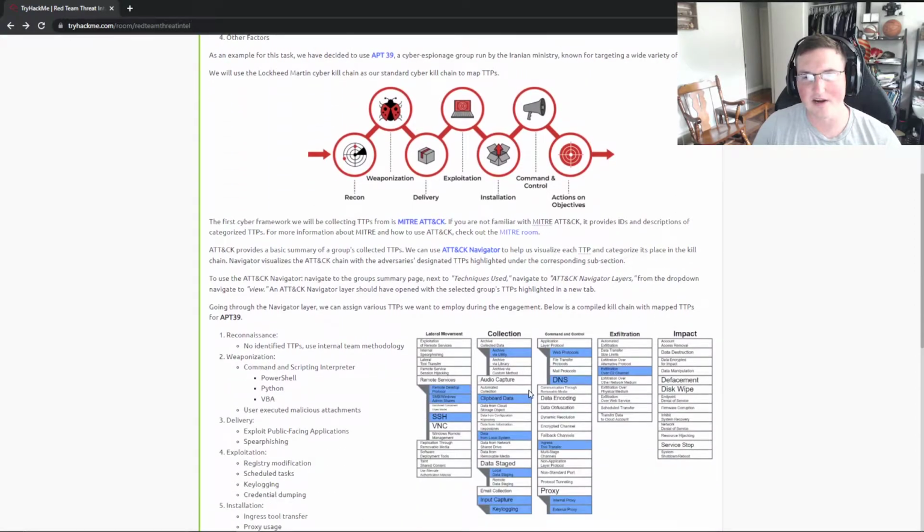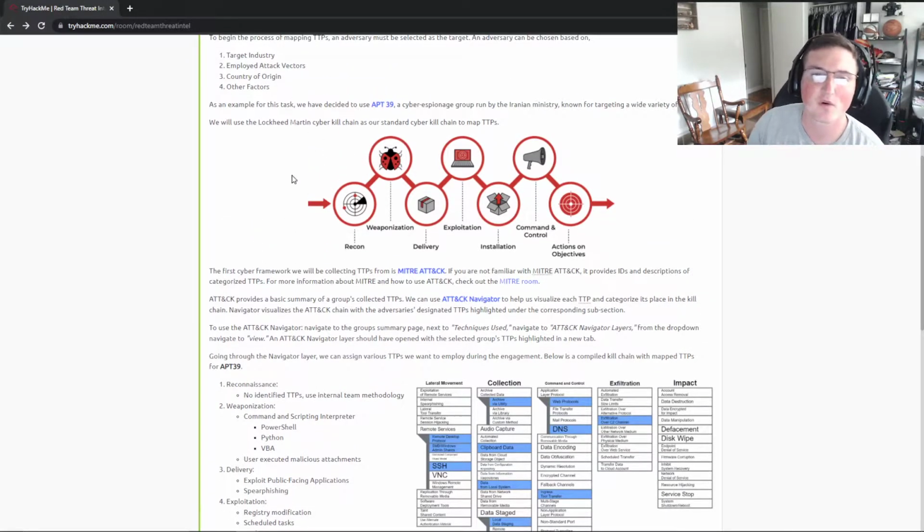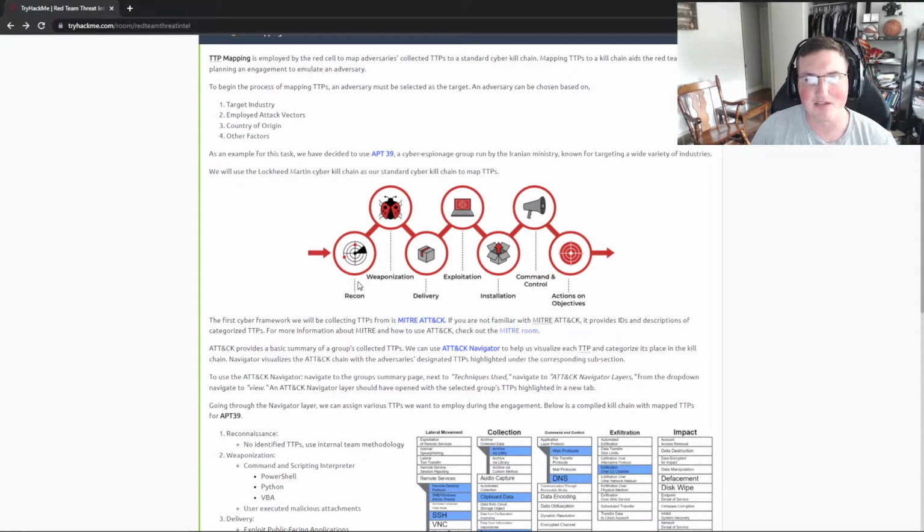So that is where the MITRE ATT&CK Navigator comes in. And we've used this before on our channel. The ATT&CK Navigator allows us to actually go through and look at what different techniques different groups are known to use for different parts of the kill chain and different parts of the mapping. So if